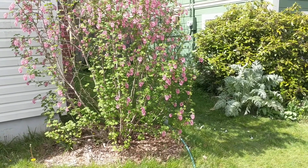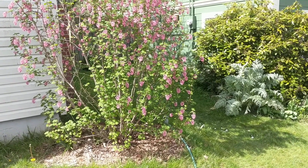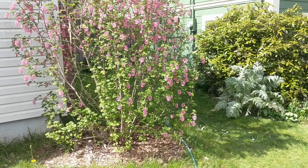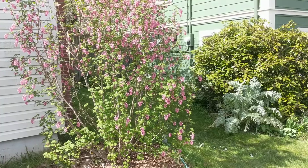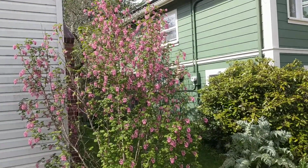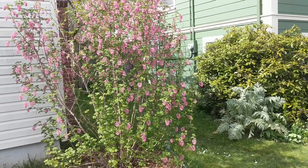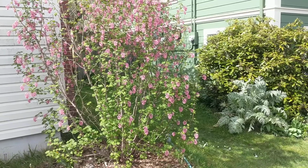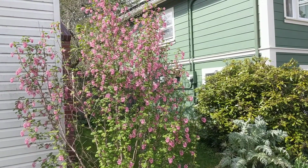So this is Ribes sanguineum, otherwise known as the red flowering currant. One of our most beautiful native shrubs, in my opinion anyway. And this is another early flowering species, not quite as early flowering as the Indian plum, but these pink showy